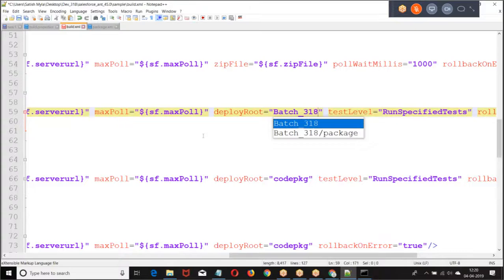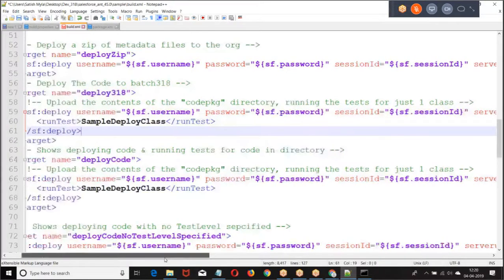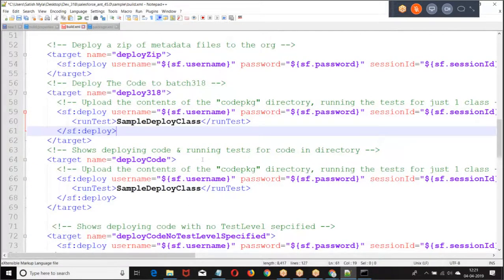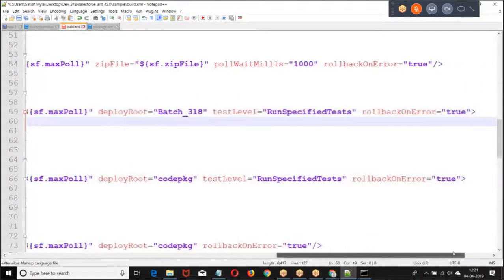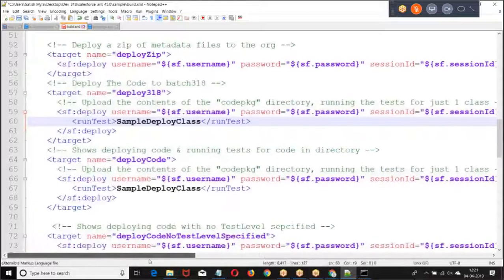When you want to deploy, they're asking, do you want to run all the test classes, or do you want to run any specific test class?